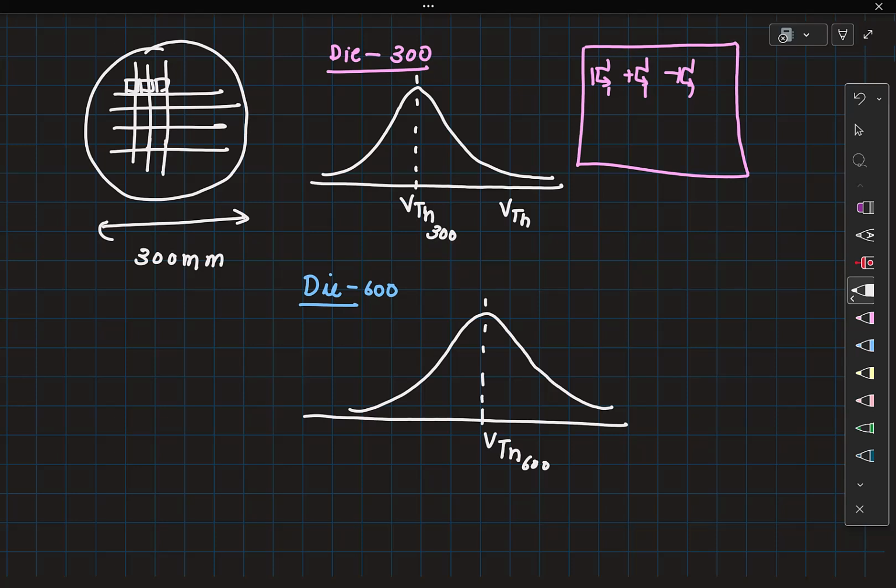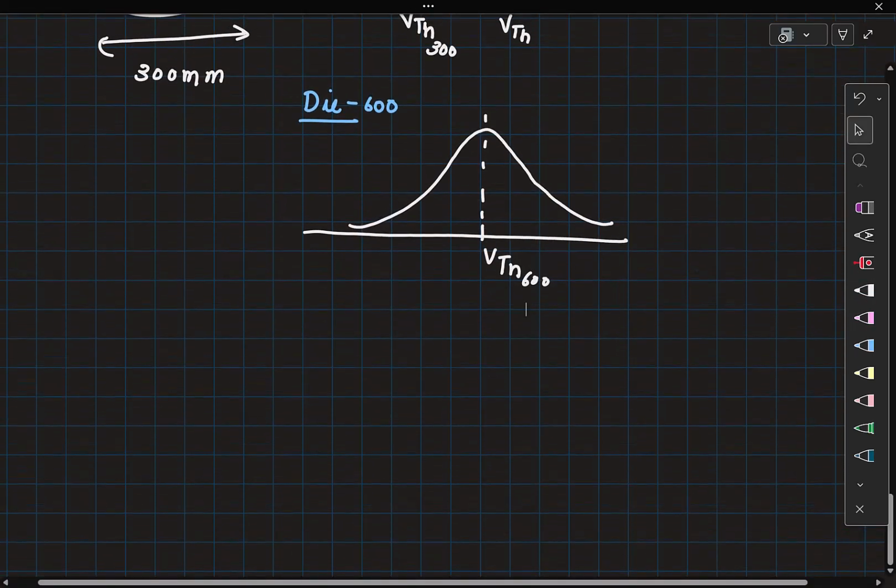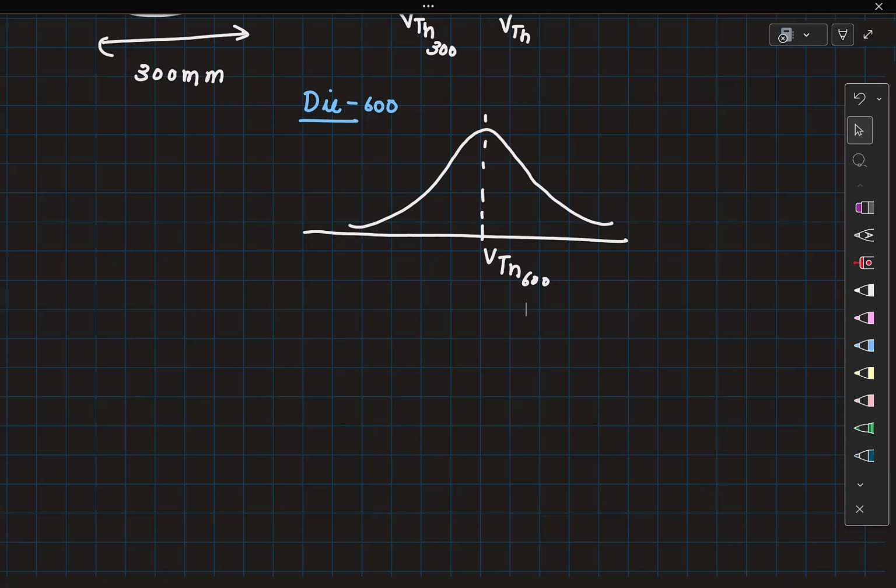Anytime you have a Gaussian curve, you know that there will be a mean and a sigma, and you can utilize these two parameters to characterize the curve, the behavior. And you see that the mean between both the curves has also shifted. So the key idea here is that when you design ICs, you will have variation in the transistor properties from one die to another. The variation is higher if these dies are coming from different wafers. Variation tends to be slightly smaller if the dies are coming from the same wafer. But either way, you have an inter-die variation.